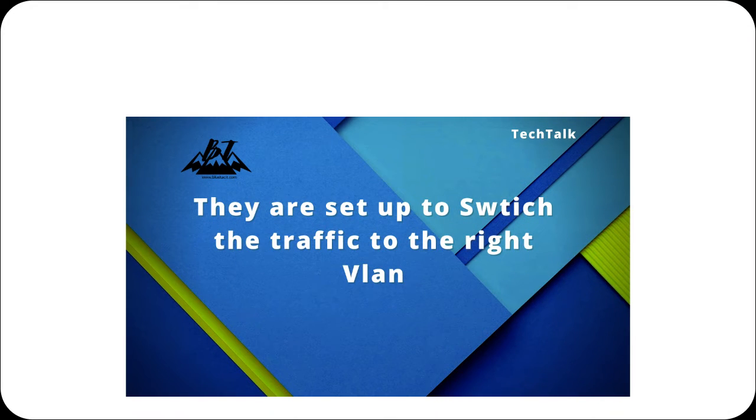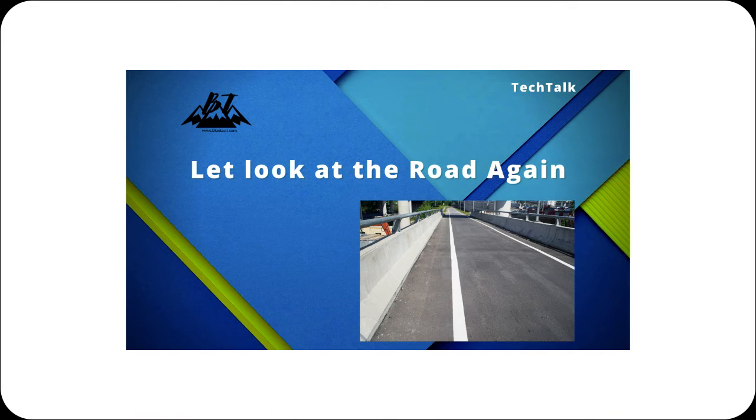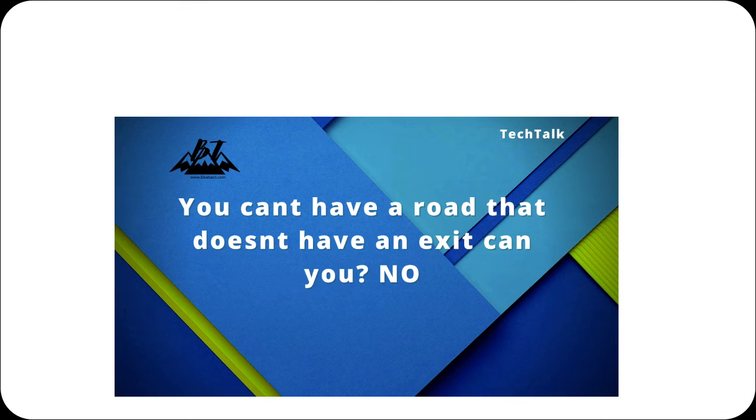All right. Let's look at the road again. So you can see that this road is fine and dandy. It has the walls on the side. It's keeping everything private and secure. Let's say, hey, Wes, I need to get off this road and exit to another area. Is that possible with a VLAN? Yeah, that's the whole point of VLAN.